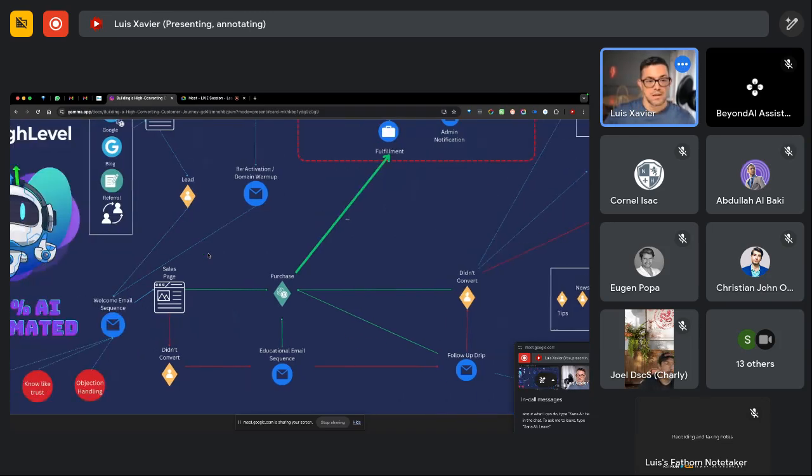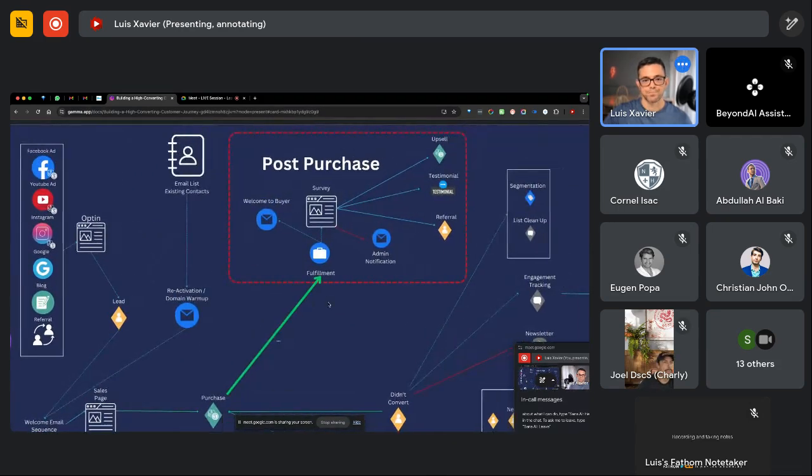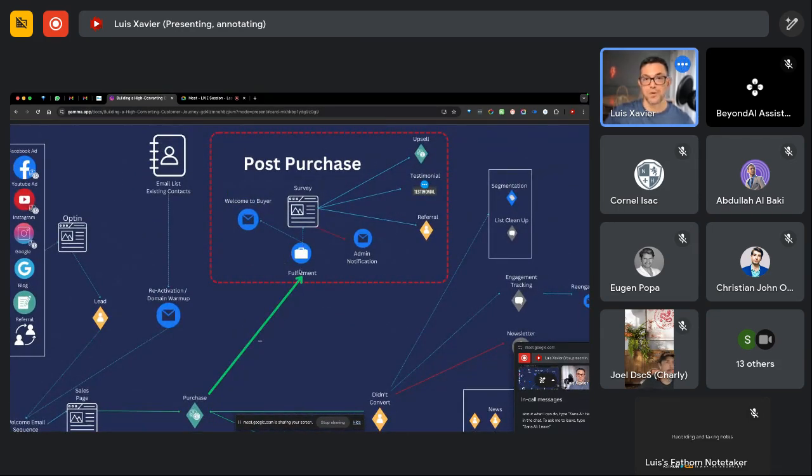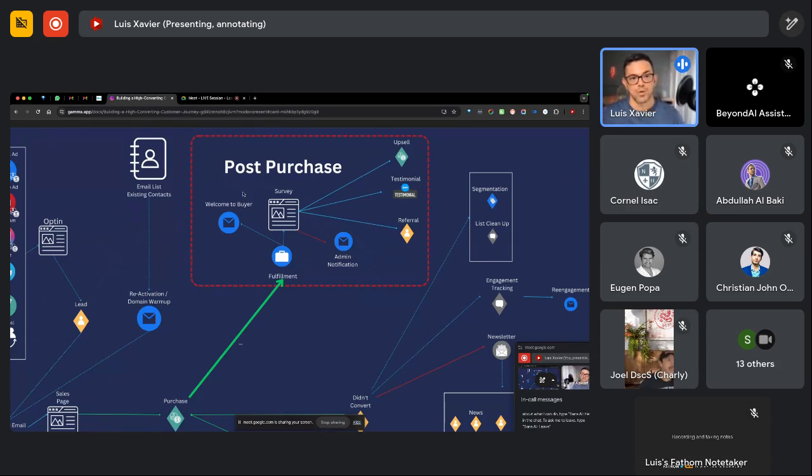Okay. But some people will be ready to buy straight away. So let's say they go to the sales page and they purchase, or they purchase from any of the other sequences in here. What do we do? We move into fulfillment mode. And then we're going to welcome this buyer. We're going to say, hey, we are so happy to see you here, because now we've got a community. Now we can really help you. Now you've got access to amazing resources and tools, and we're going to solve all the problems you have. Okay. So this is the welcome buyer sequence.